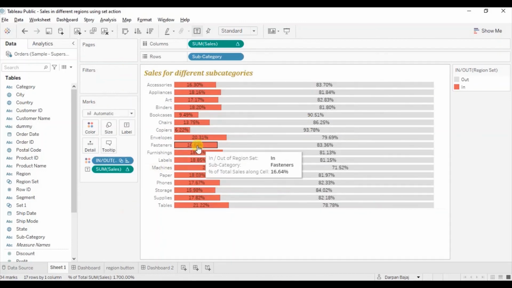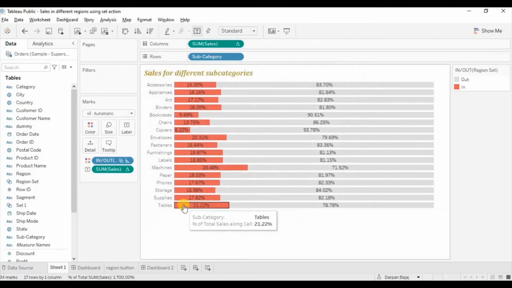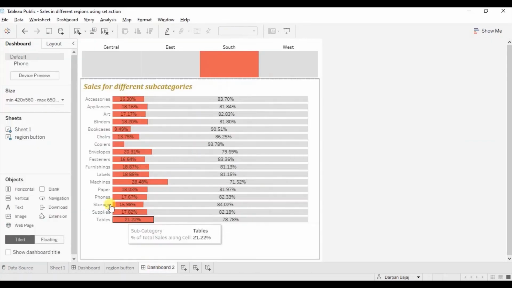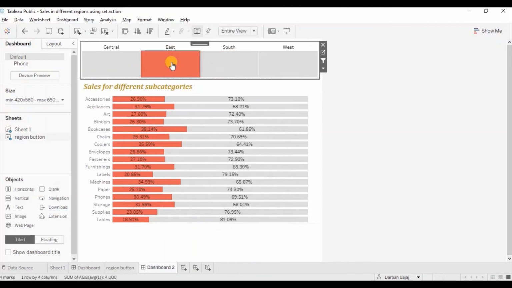Last, let's edit the tooltip. Let's remove this in and out from the tooltip and click on OK. So this is our final view that we have achieved using the set action.